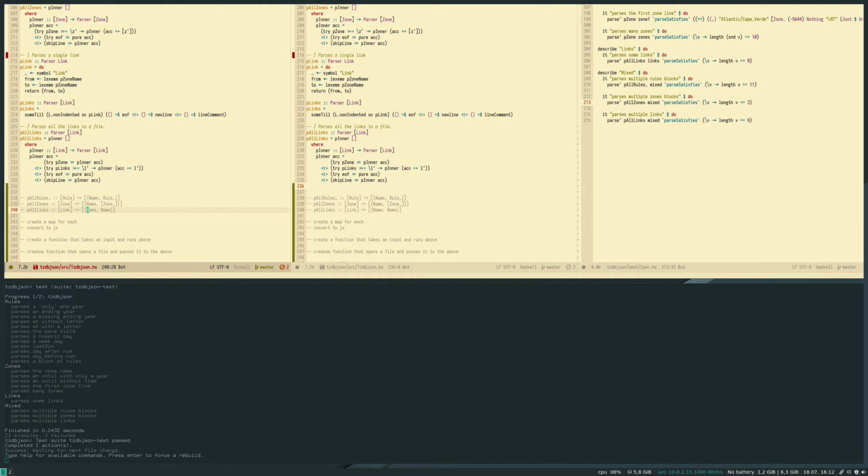So the first name is the source zone, and this one are the linked zones. So this one is the zone that actually has some rules related to it, while this one doesn't. So we need to convert.